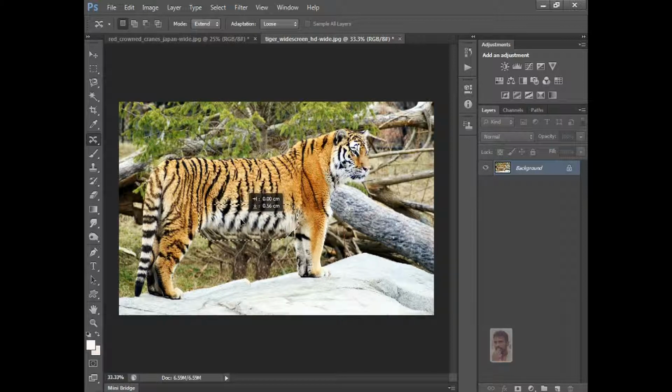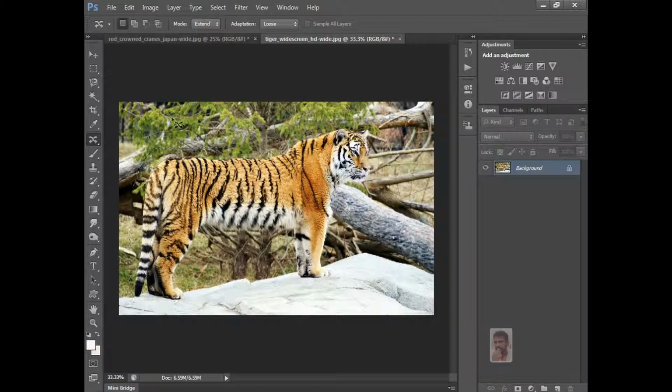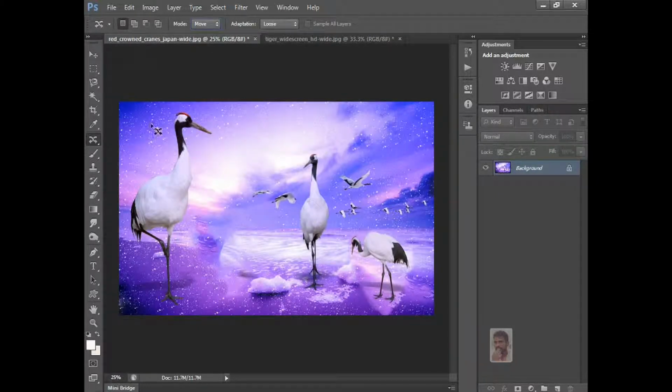And drag it down slowly. It's done. See this, nothing is damaged, it's extended like this. Okay, this is the use, whenever you want to move it from here, this is a move option. Okay, the content aware tool, if you want to move the images from there to there, it will be useful.